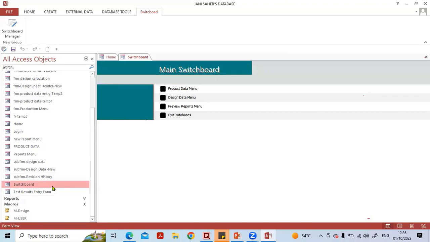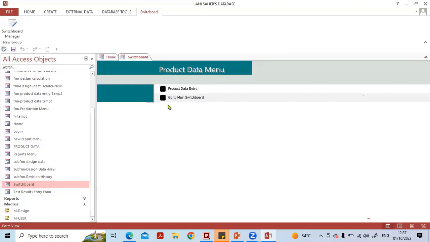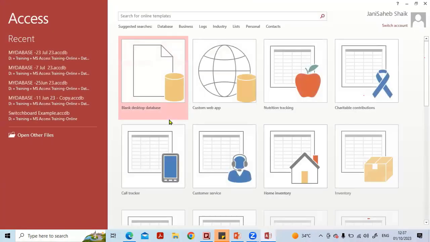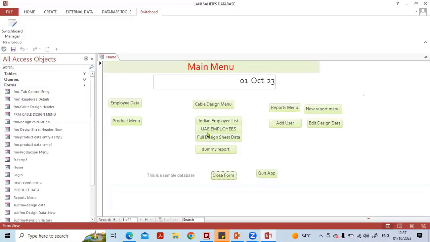So in the forms, there is switchboard. Oh, let us come here. Product data entry menu, you can go back. Go to design menu, you can go back. You go to preview menu, you can go back. Now we have this one. This is close the database. So why it's closed database is